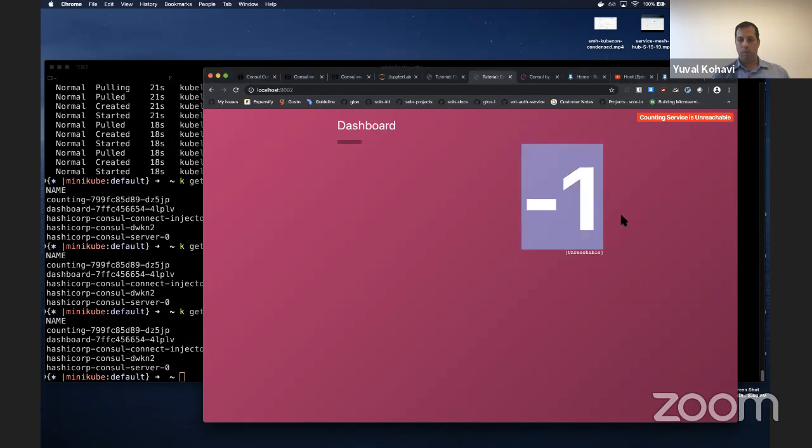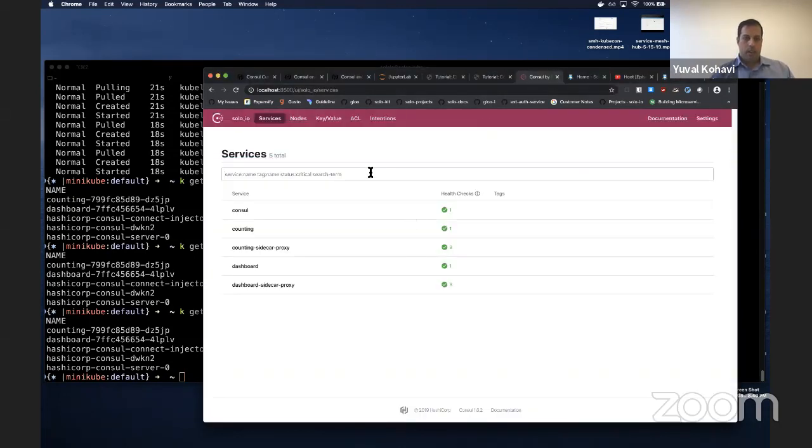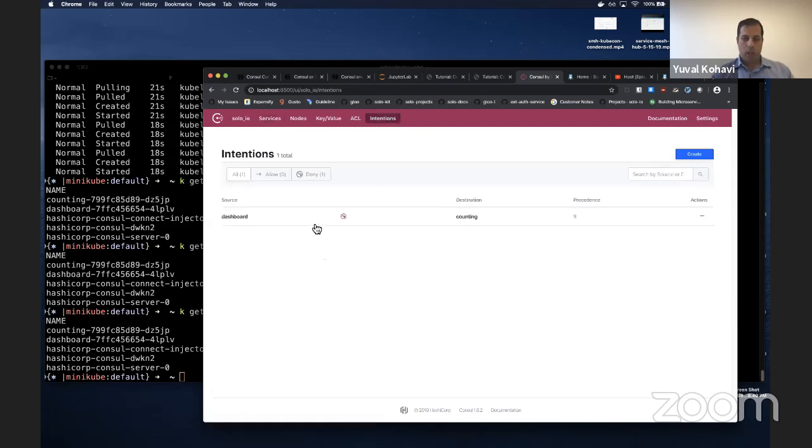Counting service unreachable, -1, error, all of that. And everything is healthy here because it's not that the service is not healthy, it's just that it's not allowed to access. And you can see in the intentions that there is a deny intention between the source, the dashboard,